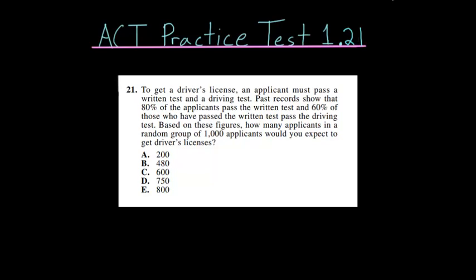For the 21st problem on this first ACT practice test: to get a driver's license, an applicant must pass a written test and a driving test. Past records show that 80% of the applicants pass the written test, and 60% of those who have passed the written test pass the driving test. Based on these figures, how many applicants in a random group of 1,000 applicants would you expect to get driver's